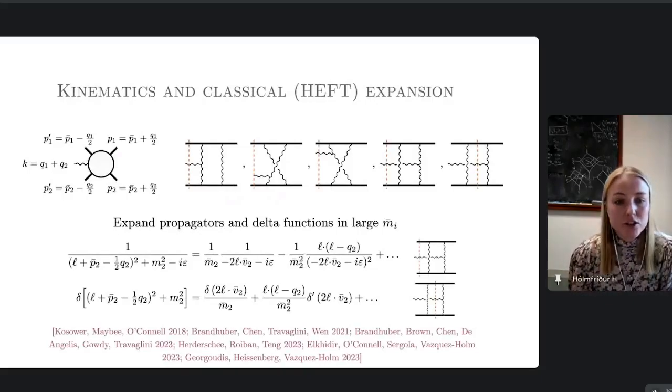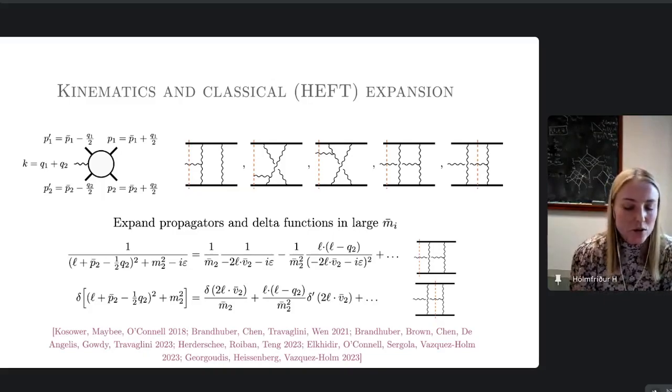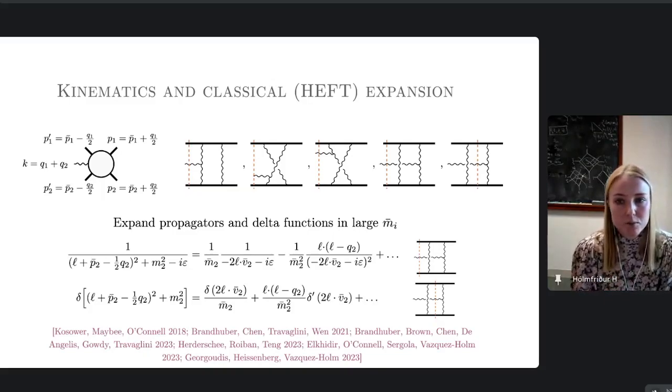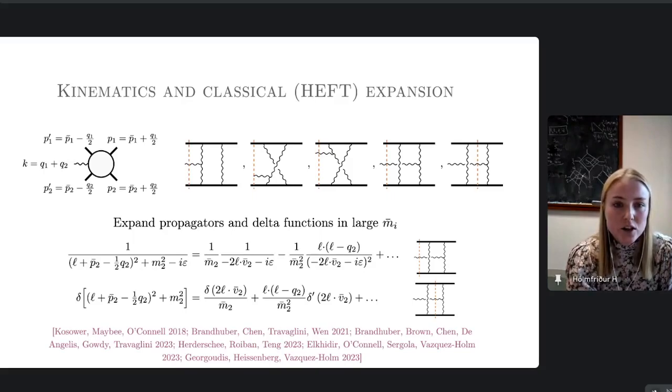Anyway, I wanted to mention this observable a little bit because there's been a lot of interest around it. What we want to do is take the classical limit, to one loop order in perturbation theory. Now, all of the relations that we have hold non-perturbatively, but we're free to expand out in perturbation theory. So at one loop, we have these types of diagrams in the classical limit where two black holes go through and interact in different ways. I've drawn some examples of diagrams here. There are, of course, many others that you can draw at this order.